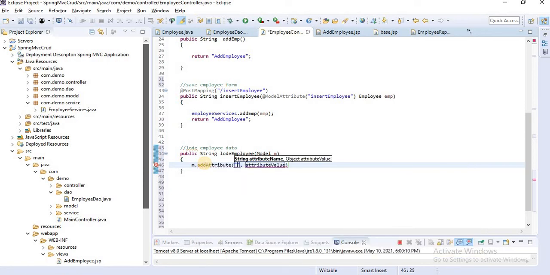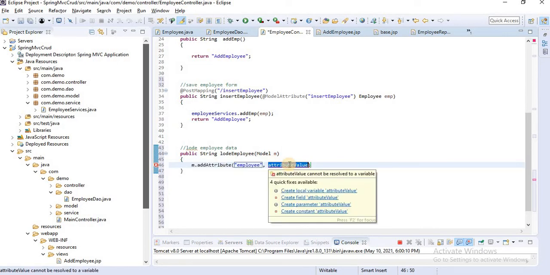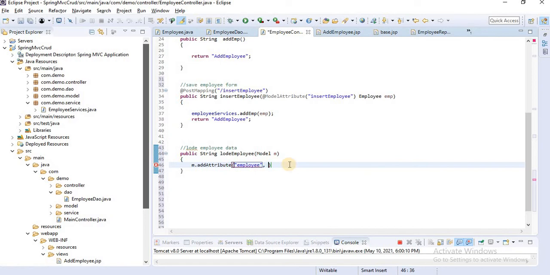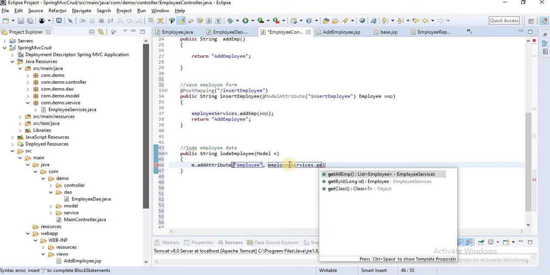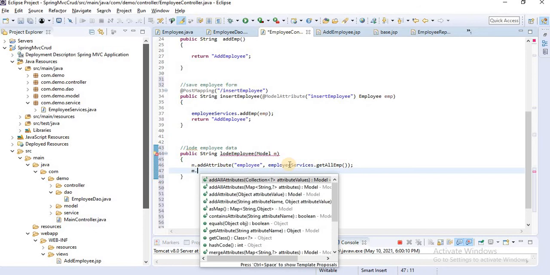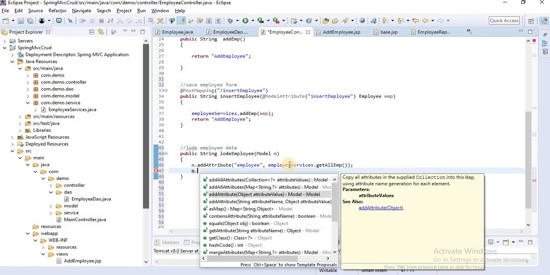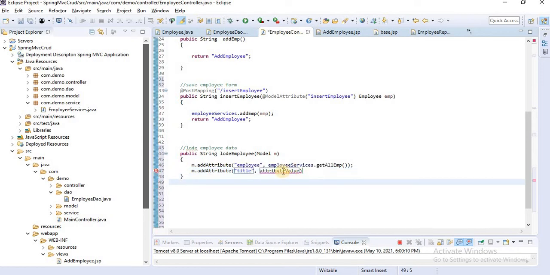Here we can define employee and fetch all employee data. For getting all employee data, we'll call employeeService.getAllEmployee. Then the second one, we can define addAttribute, a title also: title, employee report.